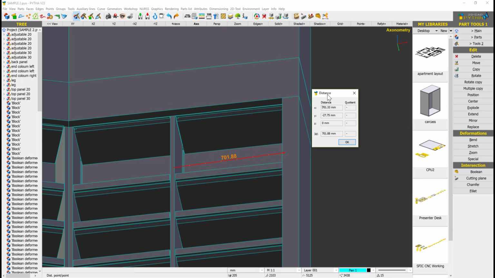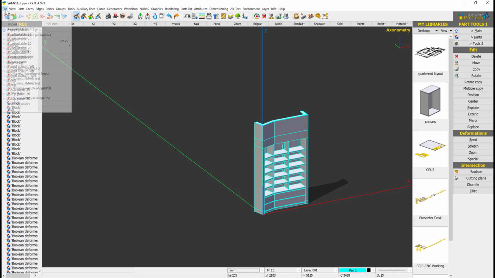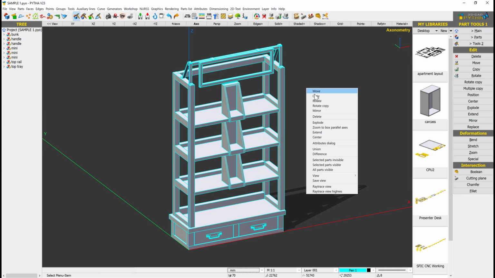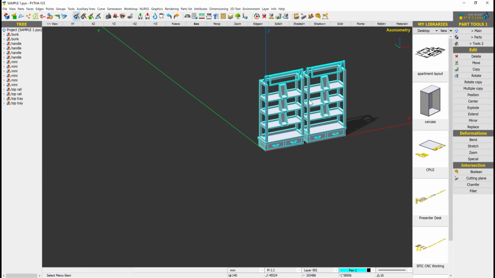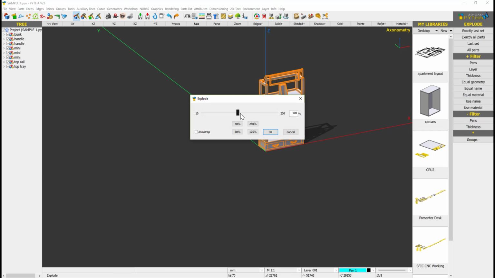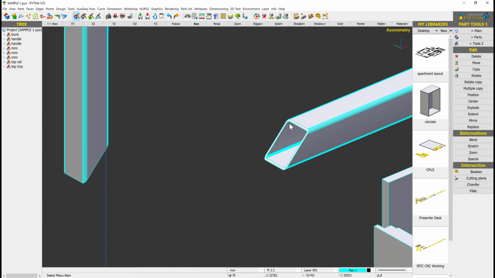Okay, so if you see the distance from here is about 701 to this edge. So you can see that we are able to extend things very easily in PYTHA. Another example is that you can even do metal in PYTHA. If I were to explode this, you can see that there are cross-sectional hollow beams that you can do